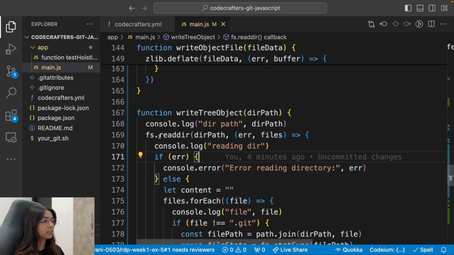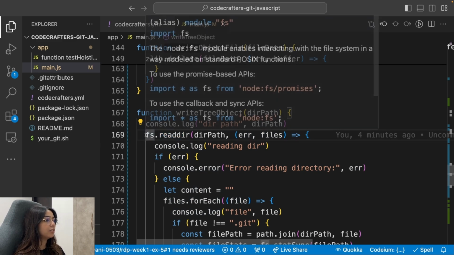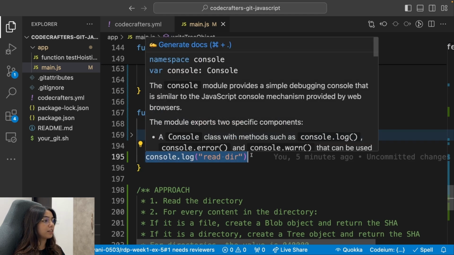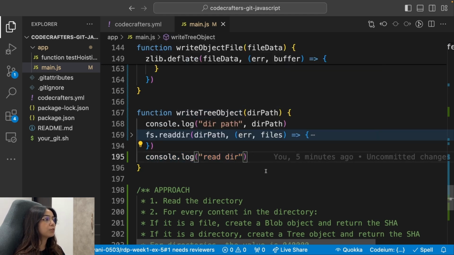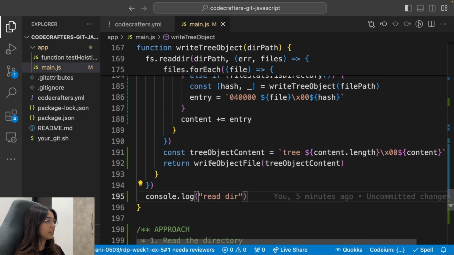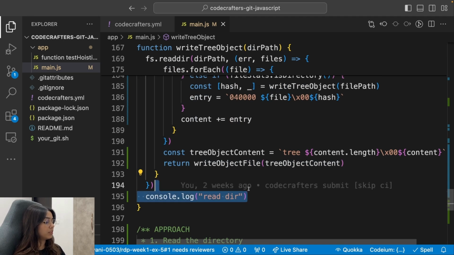This is because this fs.readdir is an asynchronous operation, and we are not waiting for this asynchronous operation to complete. It just moves on to the next line of code and this function returns, which is why it is not returning the hashes or the hash values as expected. So instead, what we need to do,